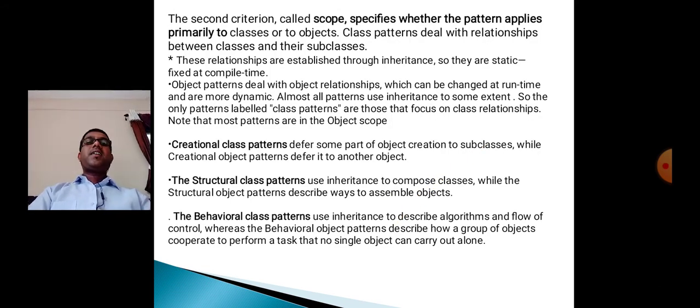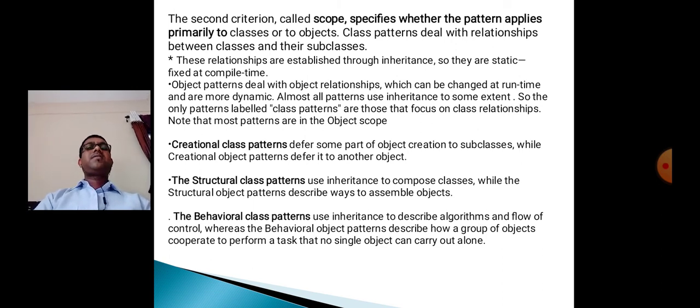The second criterion is called scope, which specifies whether the pattern applies primarily to classes or to objects. Class patterns deal with the relationships between classes and their subclasses. These relationships are established through inheritance, so they are static and fixed at compile time.